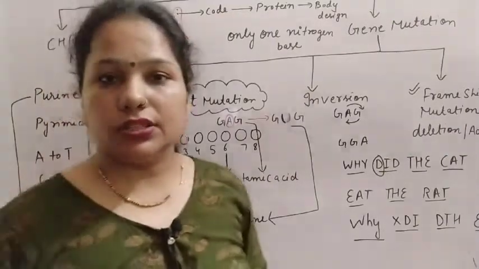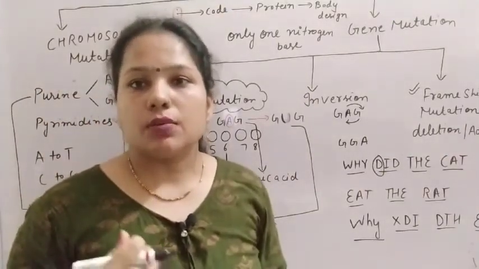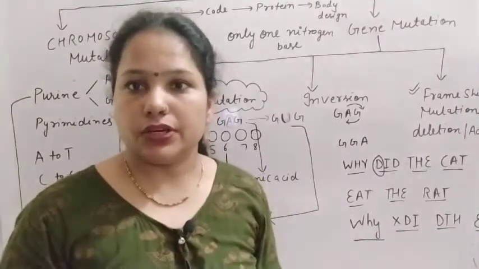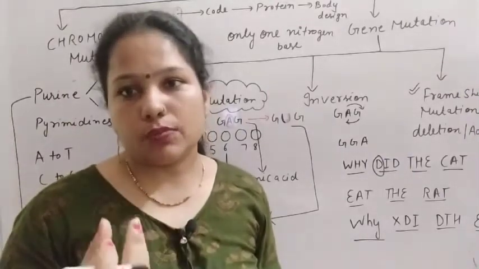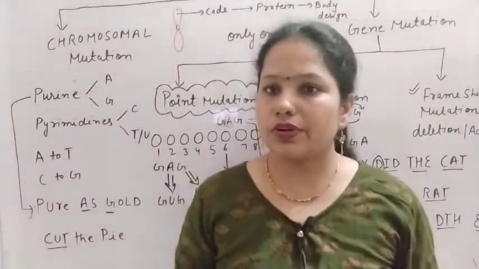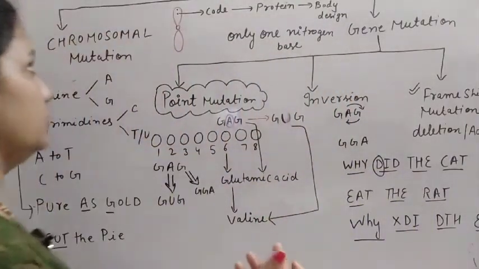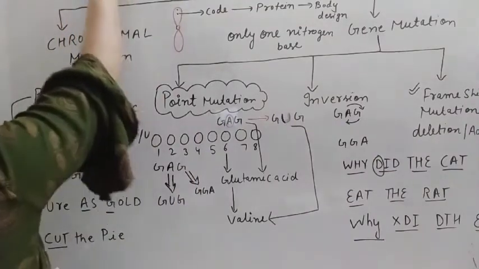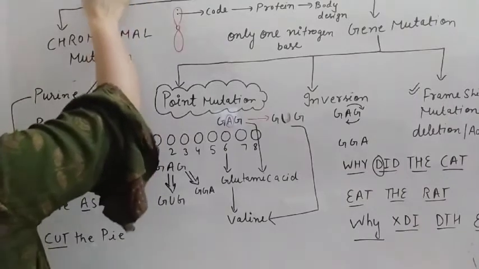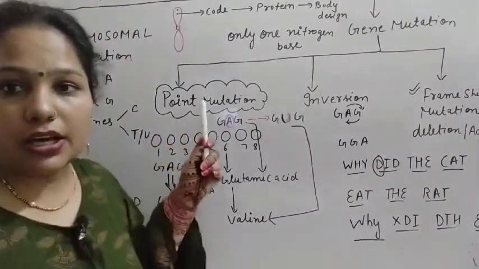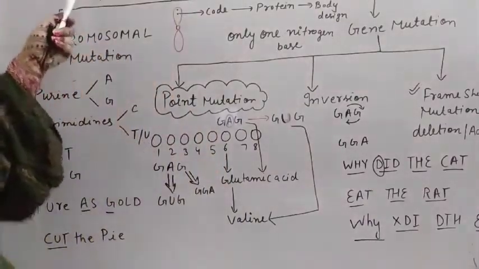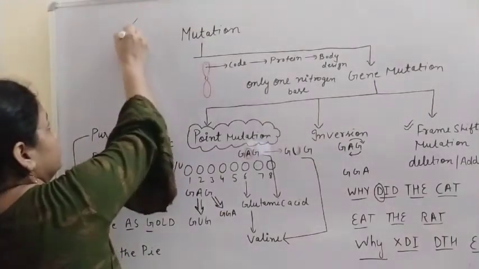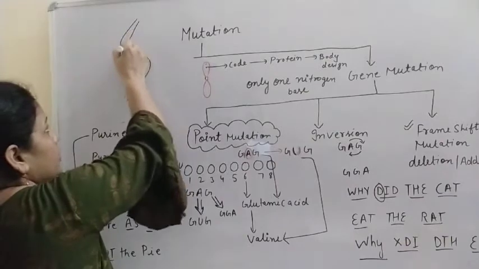What exactly is a gene? The gene is the part of the chromosome, and in this part of the chromosome some base pairs are there, because the chromosome is made up of DNA. What is the full form of DNA? Deoxyribose nucleic acid. We can draw a simple diagram of the DNA. There is a double helical structure in the case of DNA, and in the DNA there are base pairs present. This is the simple structure of DNA. DNA has a double helical structure.